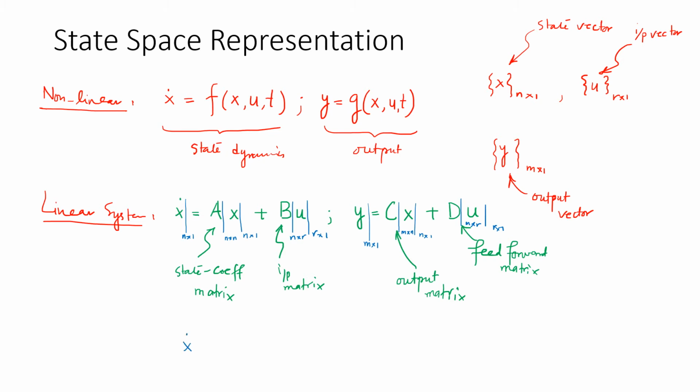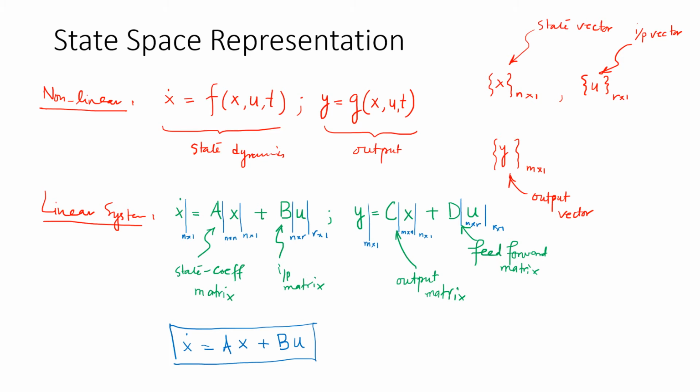X dot, which is the time rate of change of state variables, is going to be equal to a matrix A, which we call the state coefficient matrix, which is going to take into account all the internal nature or behavior of the system or system components, times the state variables x, the vector of state variables, plus the input matrix B multiplied with the inputs given to the system. And you are going to produce an output